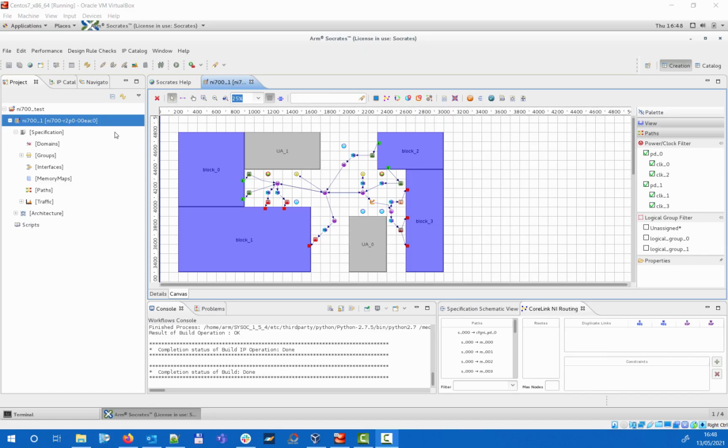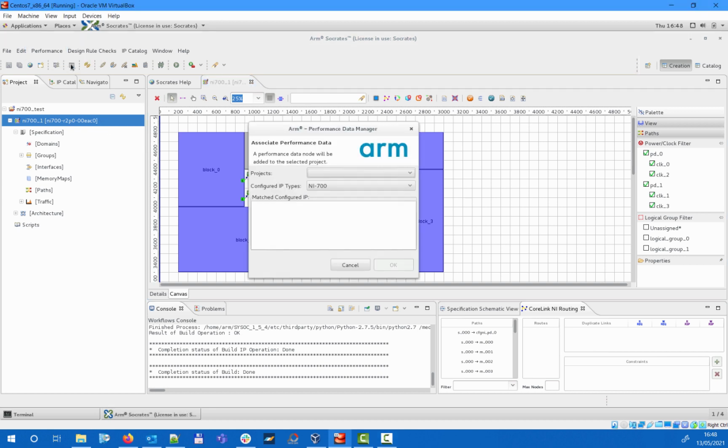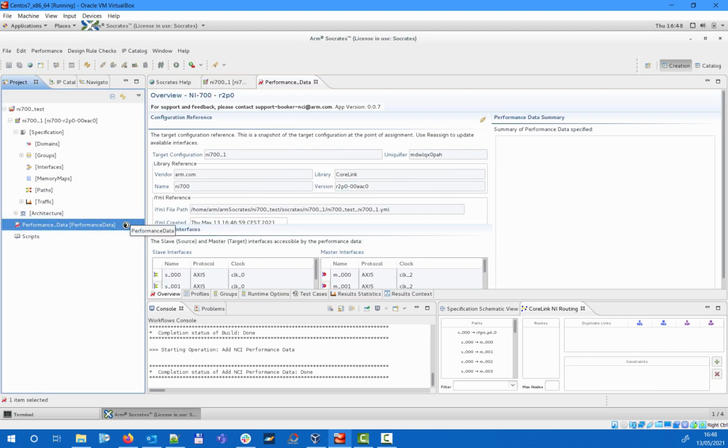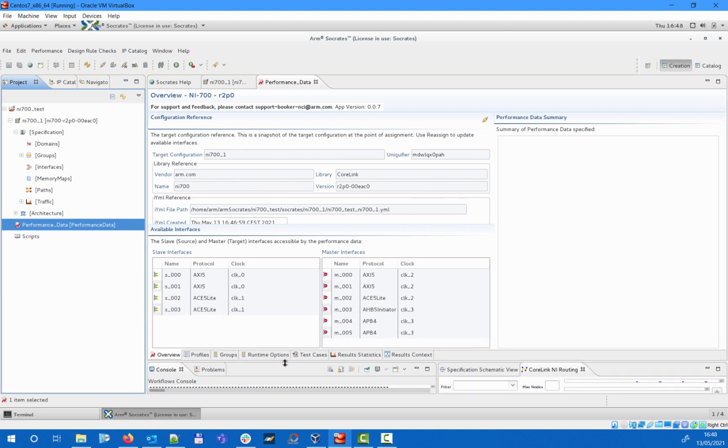To add performance data to your configuration, select Performance from the top toolbar and then Add Performance Data. In the Associate Performance Data dialog, select the project to which you want to assign the performance data, and in the Meshed Configured IP field, select the NI-700 instance. After adding the performance data, double-click on the instance to display the Overviews tab, which provides read-only information about the